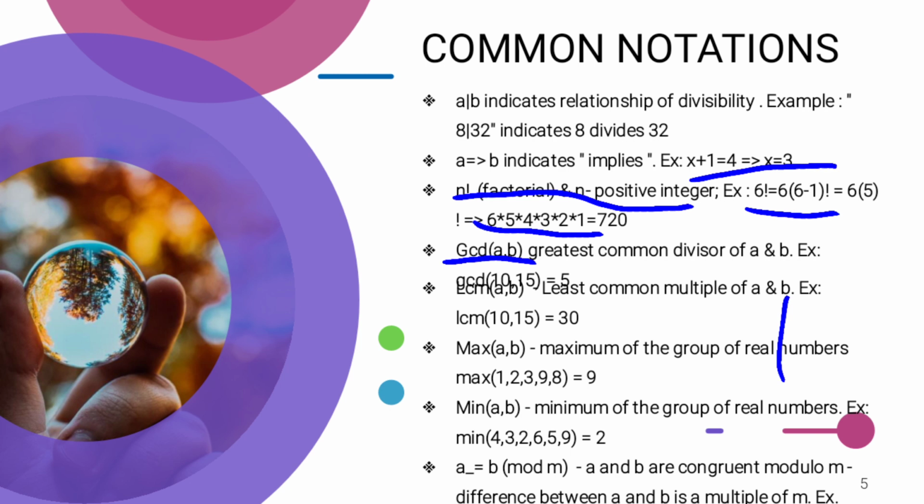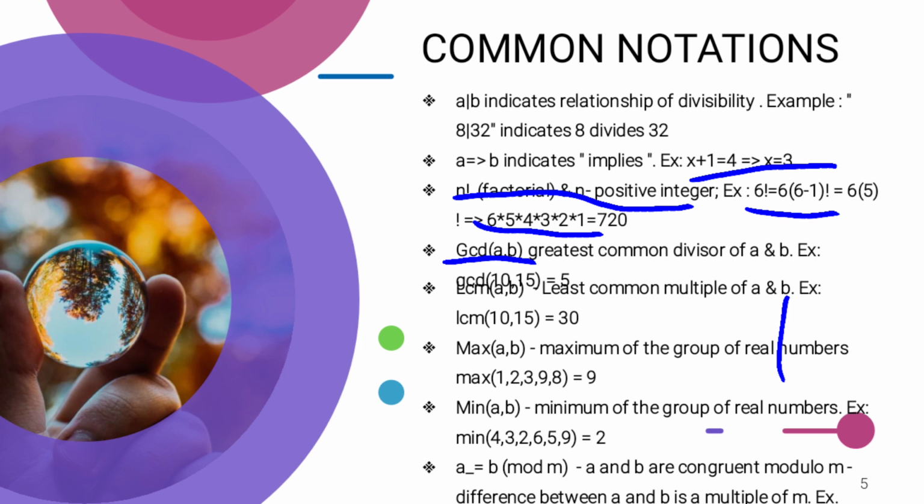16 and 1. 16 minus 1 is 15, which is divisible by m. So here we are giving values to a and b: a is 16, b is 1, m is 5. The difference between a and b, that is 16 minus 1, is 15, which should be a multiple of m. In this case 5 is the multiple,